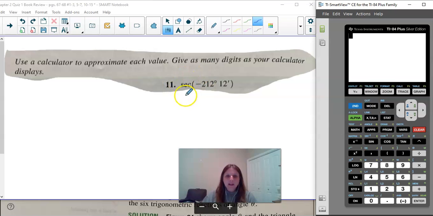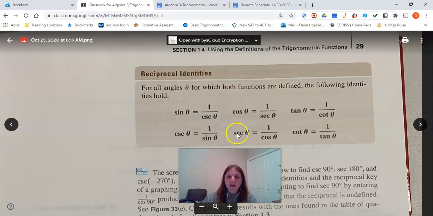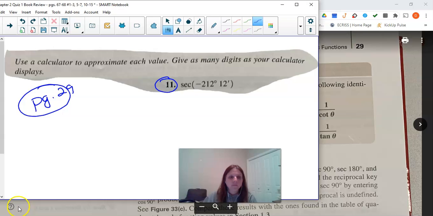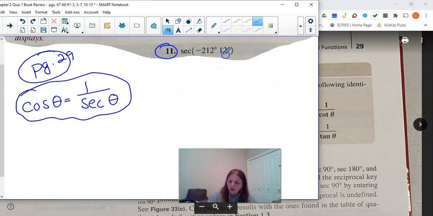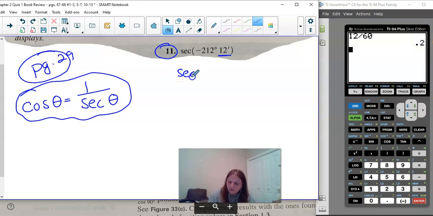Okay, now this is a secant, and I don't have a secant key in my calculator. So you'll have to refer to page 29 to see the reciprocals. And if you look at page 29, secant goes with cosine. So we do have a cosine button. In order to put that in, we're going to do 1 divided by the secant. Before we do that, though, we've got to figure out what decimal this would be. So I'm going to take the 12, and I'm going to divide by 60 to figure out what decimal I'm going to put in. So it's going to be secant of negative